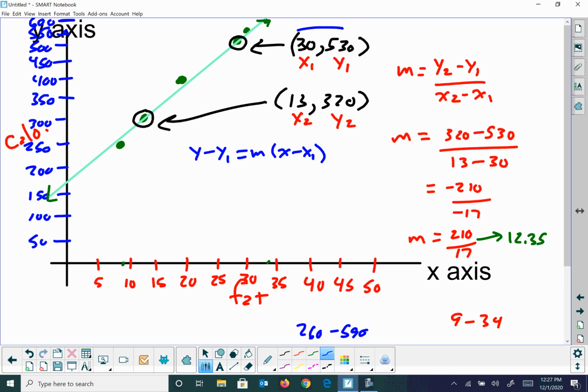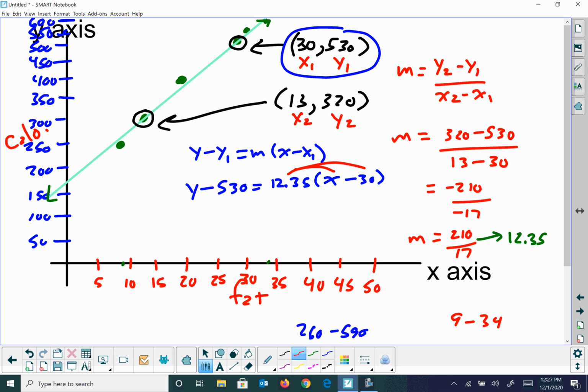And I'm going to use, this is my x1, y1. I could use the other one. It's going to come out the same. So I'm going to get y minus 530 equals 12.35 times x minus 30. And at this point, I would distribute over the parentheses. Now, you really want to have a calculator when you're doing this because you don't want to deal with multiplying these big numbers together, but the 12.35 times x is fine. But then 30 times 12.35